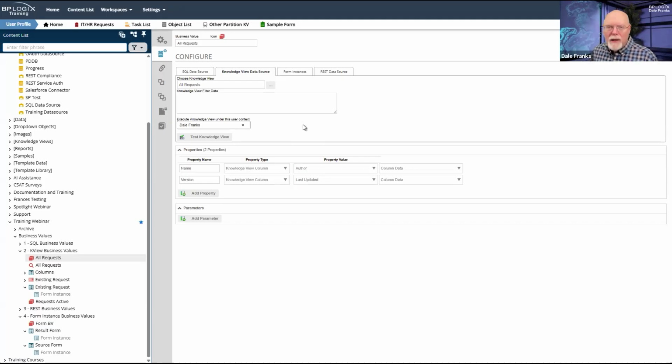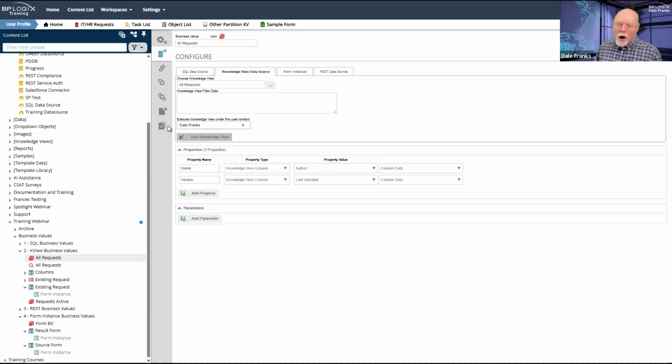And you would give it the appropriate access to knowledge views that you wanted to use for business values so that you could just use that as the knowledge view context for running the business value, so that when the business value runs, it'll call the knowledge view as if it were, in this case, me, or in your case, whatever user you have created to be the context user for knowledge views called by business values. And therefore, it would just run under that user context.